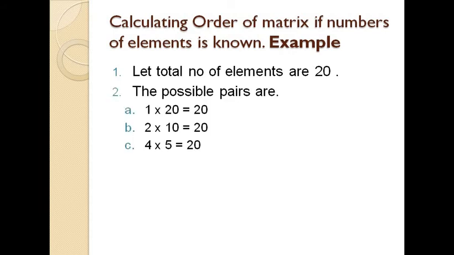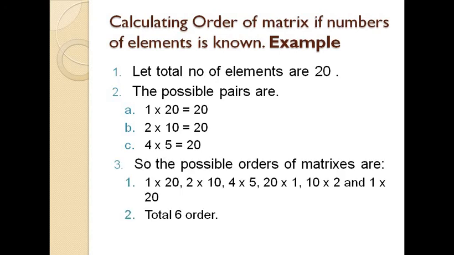If we see the total possible combinations, this is 1 into 20. That means if we multiply 1 by 20, we get 20. If we use 2 into 10, that means multiplying 2 by 10, we get 20. Again if we use 4 into 5, we get 20. So there are three pairs which we multiply to get 20. But here we are getting only 3 possible pairs; in fact if we calculate, the orders will become 6. How? Let us see. Here 1 into 20, 2 into 10, 4 into 5. These are the 3 pairs that we have found.